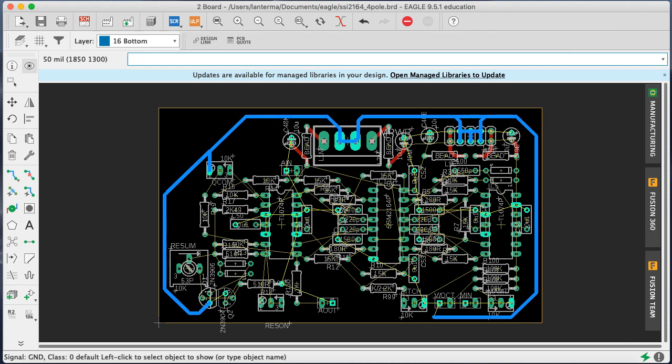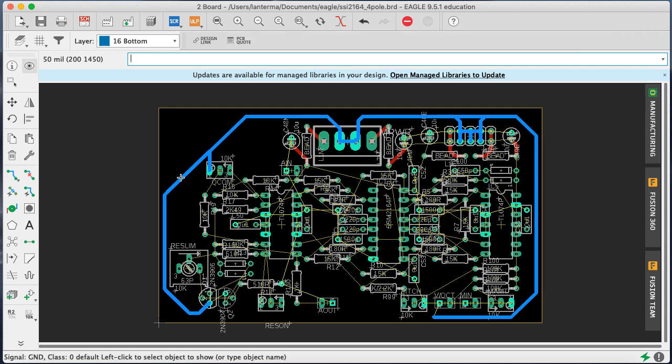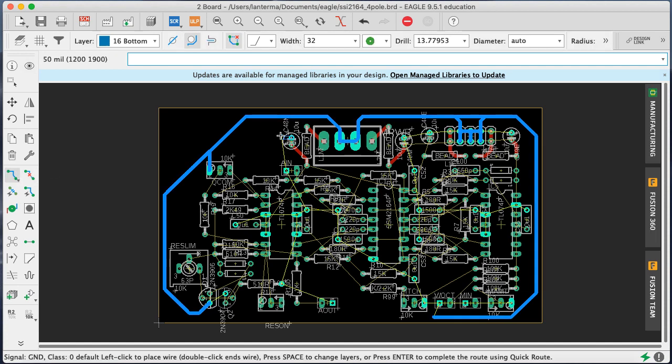Show ground. Those are all grounds. That's kind of strange. Why was it wanting to do that? Did I used to do? Nah, it should be good. All right. Okay, I want to make sure...